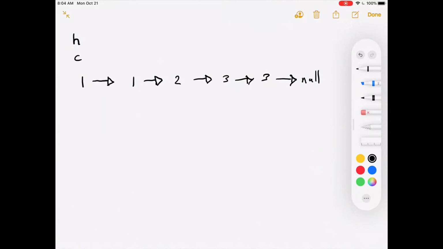Alright, so now that we know how a linked list works, let's begin. So as we said before, right now head and current are the same. We're going to keep head in the same place, but we're going to move current along the linked list, and I'll show you why. So right now, what we have to do is we have to check whether current.val is the same thing as